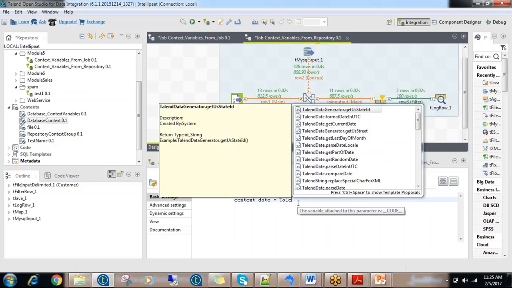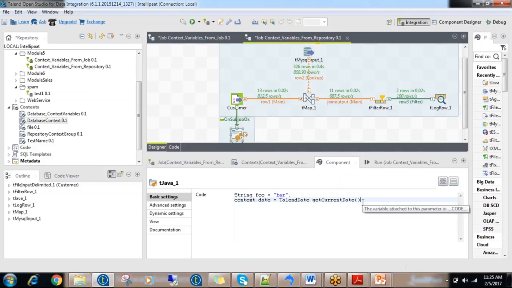See, if you type Talend, you will see all the functions which are available in Talend and you can use it. So for current date, you can use TalendDate.getCurrentDate. And if you want to check whether it is there or not,